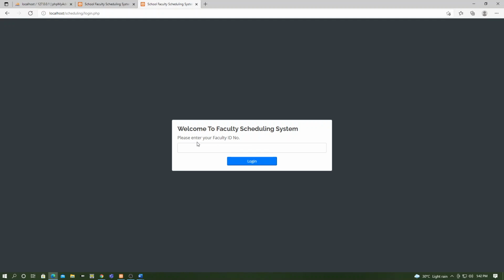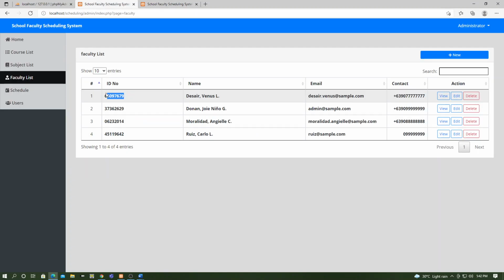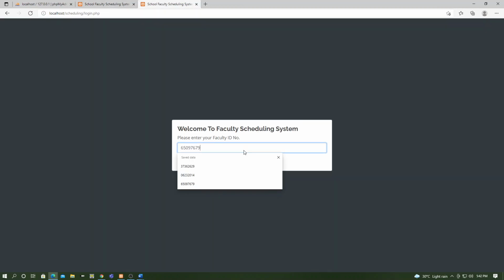The login page on the faculty side is the page where faculties enter their faculty ID number to access their schedule. For example, Miss Disaer. Just get the ID number and log in.